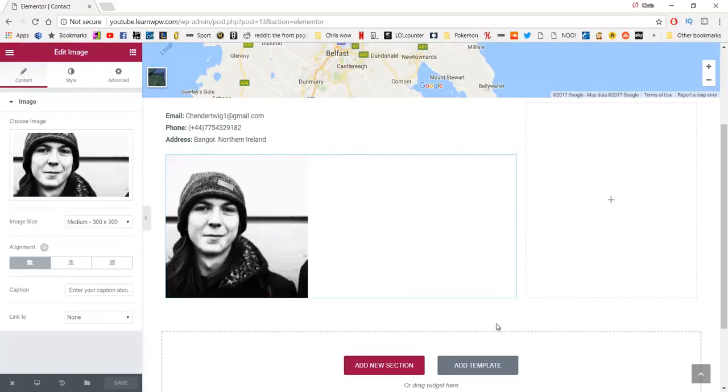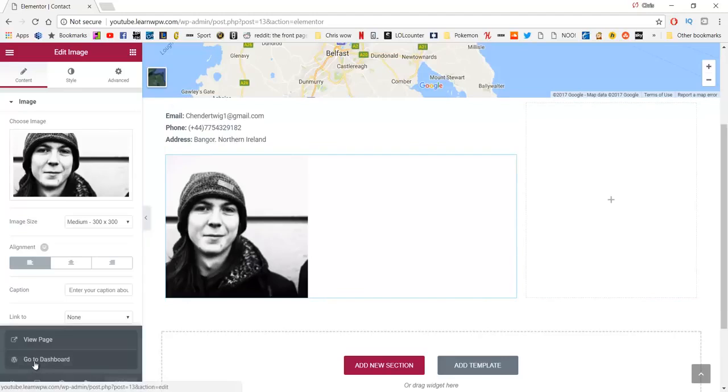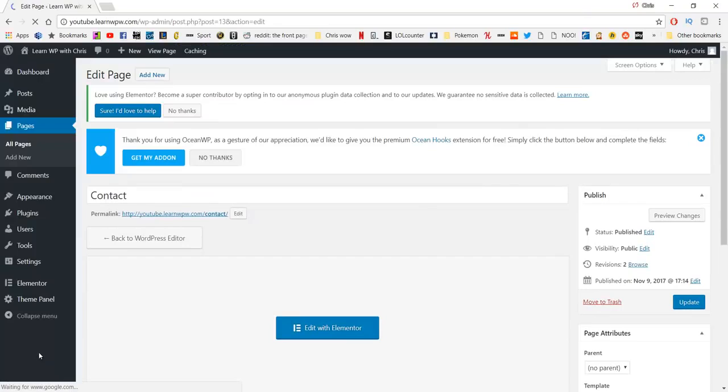So what we have to do now is get a contact form, and to do that we have to go out of this. So click exit and go to dashboard, and we need to get a plugin because WordPress doesn't actually come with the form that we need. So if we go to plugins and add new,